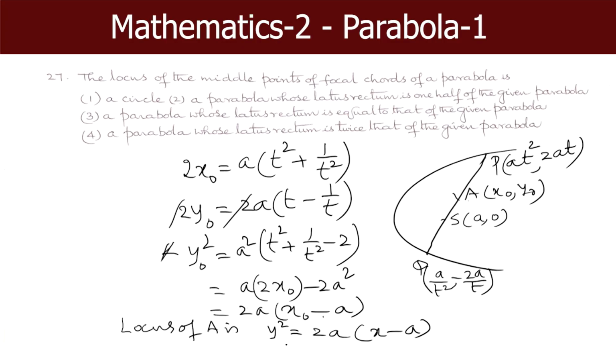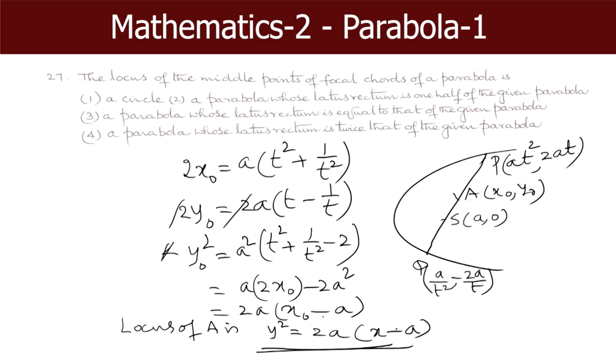Well, this is a parabola with the vertex at a comma 0, which is the focus of the given parabola, and latus rectum is of length 2a, which is 1/2 of the latus rectum of the given parabola. The latus rectum of the given parabola is 4a. So, latus rectum of this parabola is 2a, that is 1/2 of the latus rectum of the given parabola. But focus is a,0 for the given parabola, which is the same as the vertex of this parabola. A parabola whose latus rectum is equal to 1/2 of the latus rectum of the given parabola, which is the second option. I think we can stop here